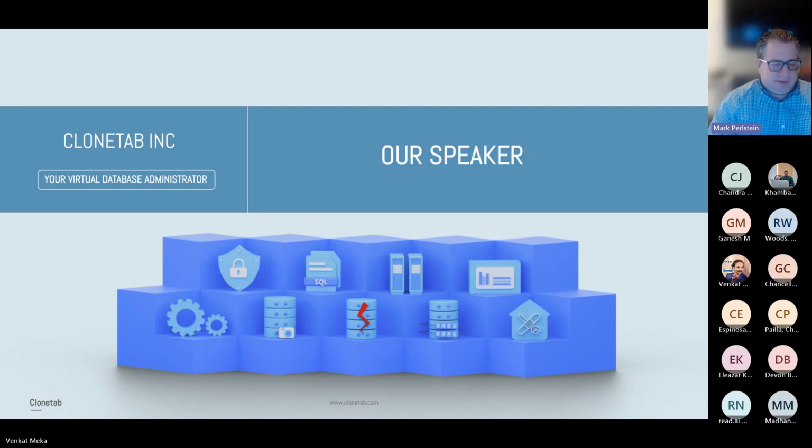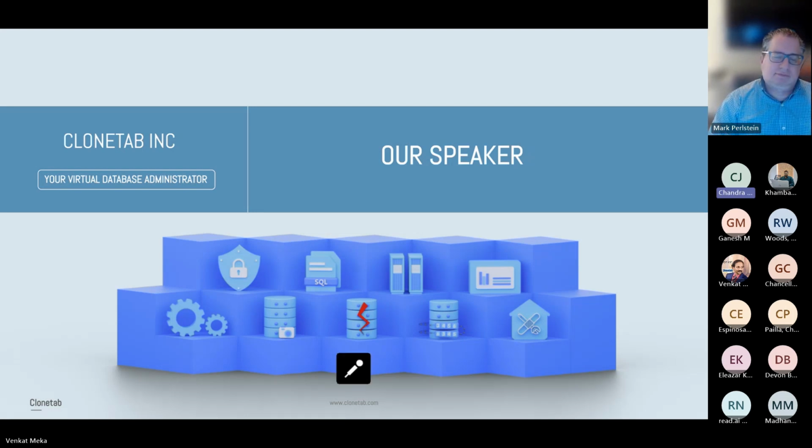I said, well, I am done with the managed services space. This is what anyone that has had to deal with database management issues, cloning in particular, but other things as well, has been dying for such a long time. So I put my Clonetab hat on, and we are now working together to expand the adoption of Clonetab and its incredible capabilities in the market. So, me in a nutshell. I don't want to take up any more time, but nice to be here. Thank you, Mark. Thank you a lot.